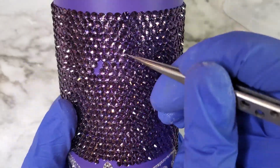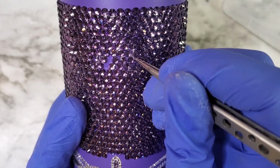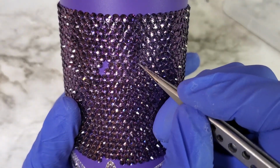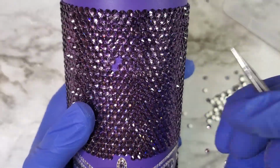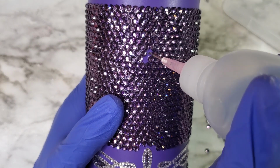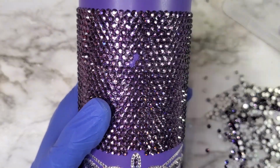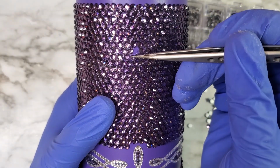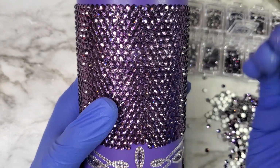It costs to bring that stone in, and I broke it down one day just for myself so I can see how much I would have to pay to do it for another person. I did it for myself and wasn't paying attention when I bought the stones. Just in rhinestones alone, getting the stones in to do that tumbler, $83 just in rhinestones alone, right? So that doesn't include the spray paint, it doesn't include the vinyl, it doesn't include my time. So that's why $250 will also cover the amount of time it takes to do that tumbler,